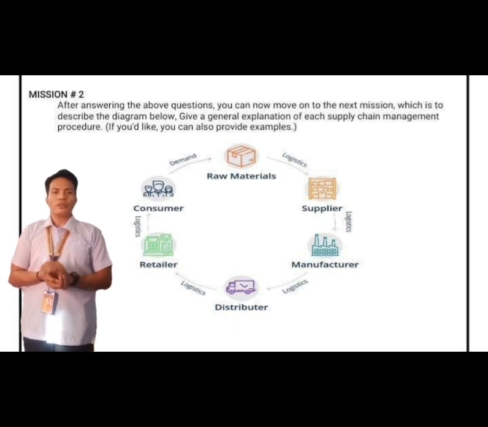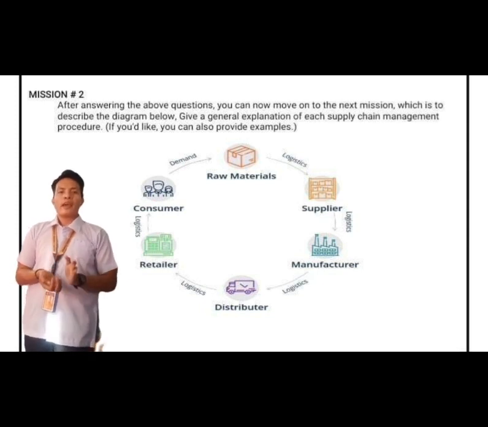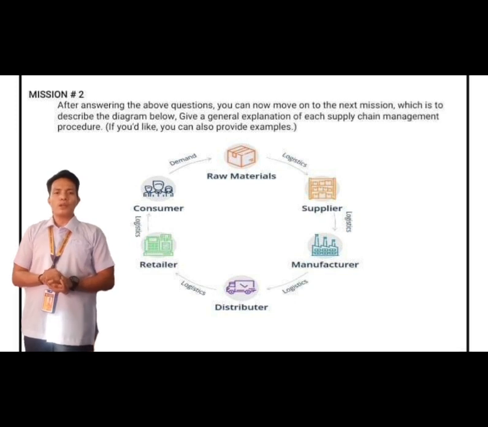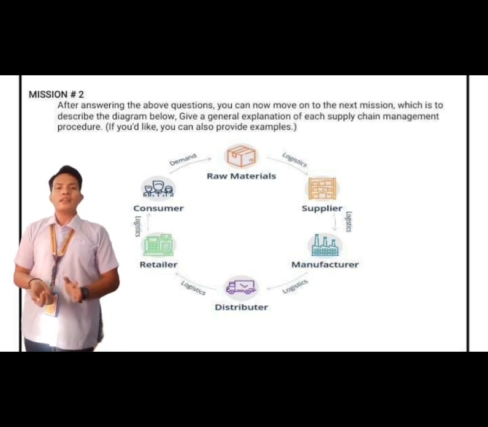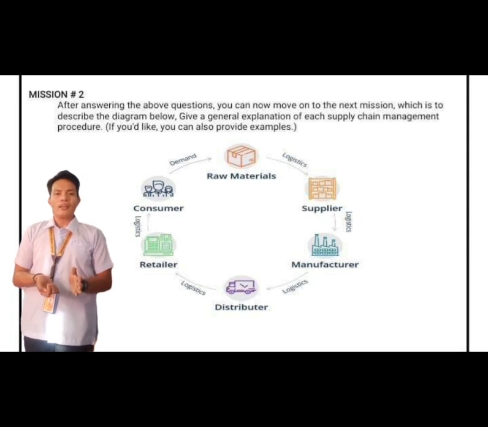The original Ford River assembly line plant was famous for having raw materials come in one end of the plant and finished model cars leave the other end of the plant. For example, manufacturers mainly focus on production and creating products or finished goods. Some manufacturers sell their products directly to the consumer or the user of the product. Instead, manufacturers usually sell their product to other businesses down the chain, like a retailer, dealer, or wholesaler.